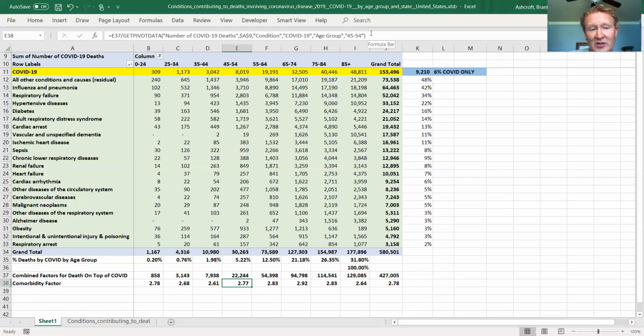So in essence, you could say that the age group that died was as unhealthy as someone 45 to 54 that also passed away from the same thing, right? So they were not healthy. Same thing with 65 through 74, almost gets to 3. And then it's also interesting that it drops when you get to 85.